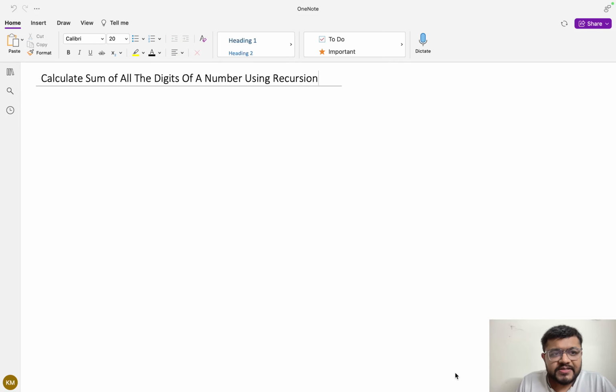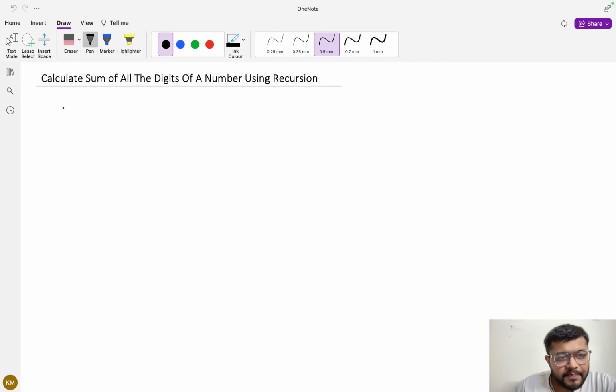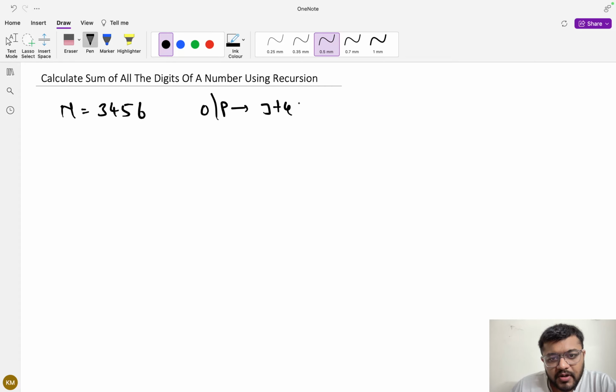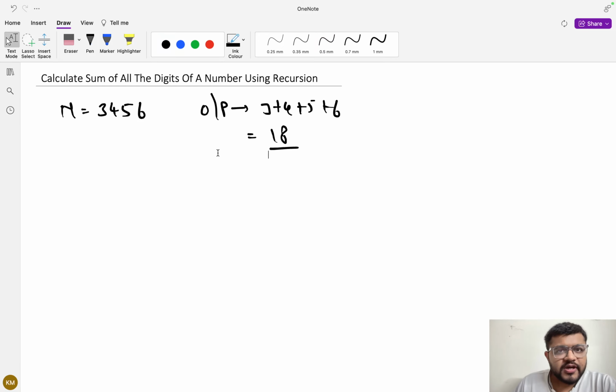इस वीडियो में एक और रिकर्शन का प्रॉब्लम डिस्कस करने वाले हैं, दैट इज कैलकुलेट सम ऑफ ऑल द डिजिट्स ऑफ ए नंबर यूजिंग रिकर्शन। सो बेसिकली यहाँ पे आपको इनपुट में एक नंबर n दिया होगा। फॉर एग्जांपल लेट्स से इट इज़ 3 4 5 6। तो आपको आउटपुट में इस नंबर के सभी डिजिट्स का सम रिटर्न करना है। सो योर आउटपुट विल बी 3 + 4 + 5 + 6, which will be equal to 5 + 6 = 11, 11 and 7 would be equal to 18. So आपका आउटपुट क्या हो जाएगा 18, राइट।